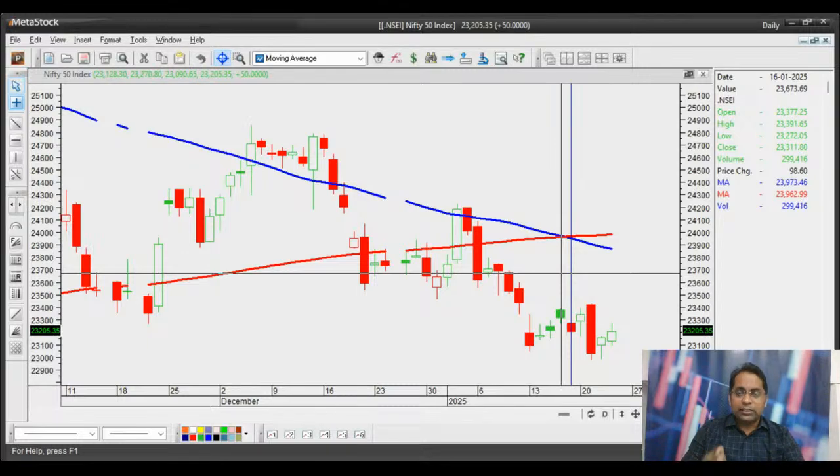Now, today's discussion, which we are going to have, is just over the next few minutes. We'll see how death crossovers can impact the trend for the index. And historically, how many times have we seen death crossovers? And whenever you've seen death crossovers, what has been the impact on the index going forward, and how significant has been the impact for the index?